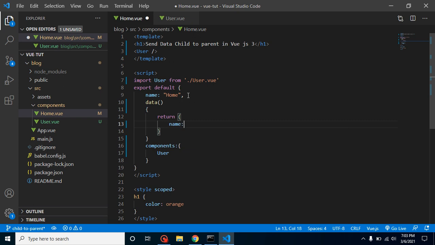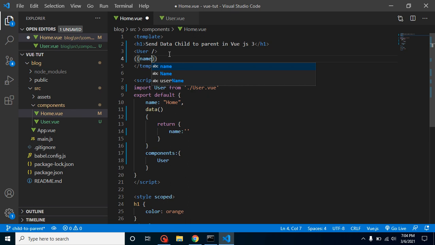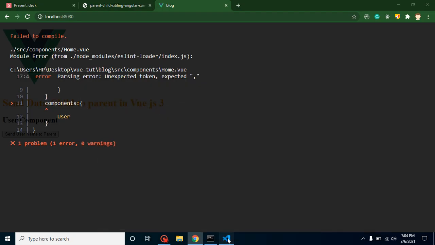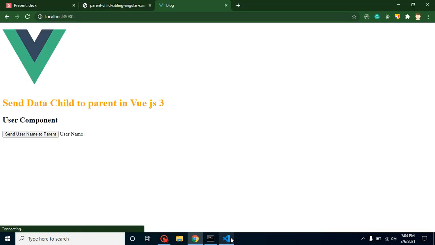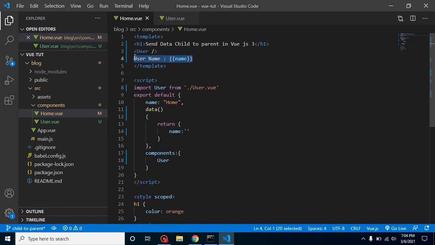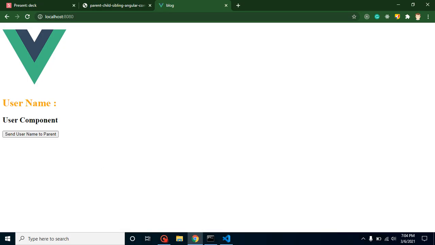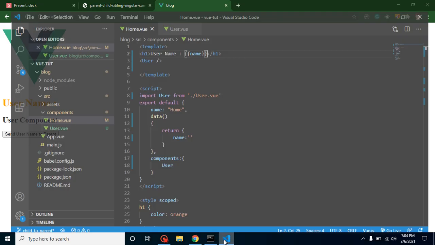A simple name, and by default it can be blank. Let me put here name, and you can see that username, but for a moment we don't have any name and we have an error also. So let me put a comma, and now we have a username, and you can simply pass this username inside our h1 tag so that we can see it a little bit larger, right? Username, but there is no username, as we know that this is totally blank.